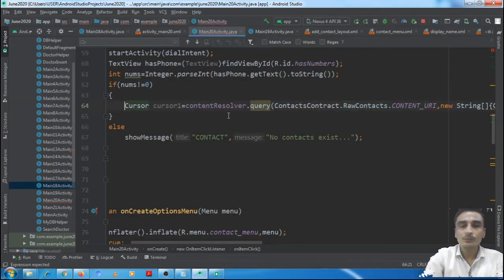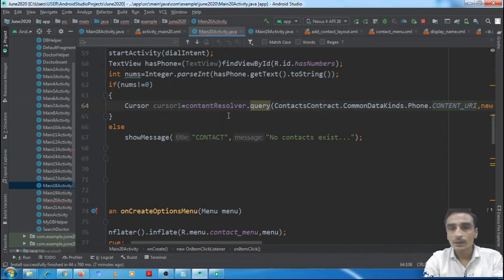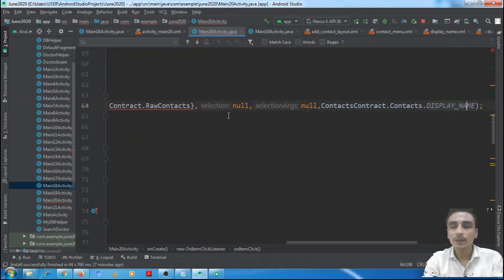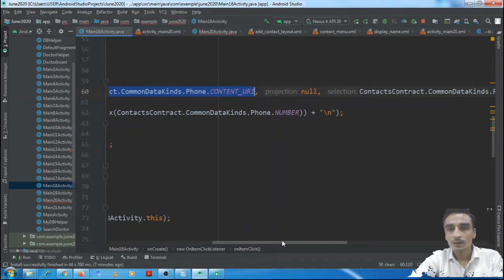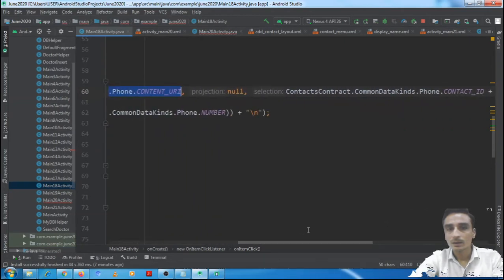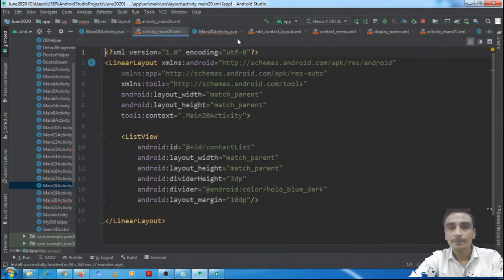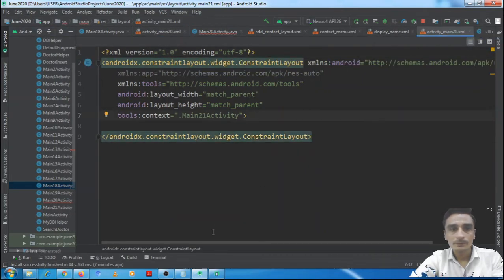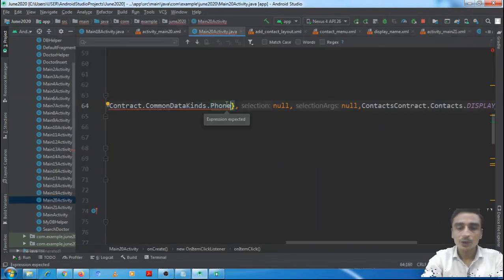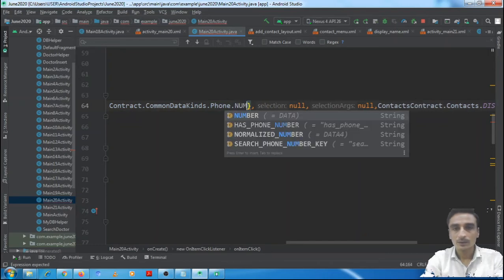Here the URI is CommonDataKinds.Phone.CONTENT_URI, and the name of the column which we want to retrieve is also CommonDataKinds.Phone.NUMBER.